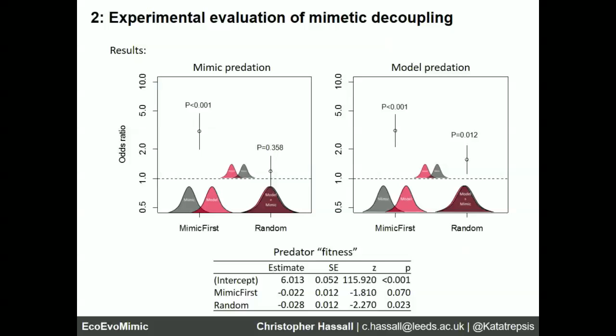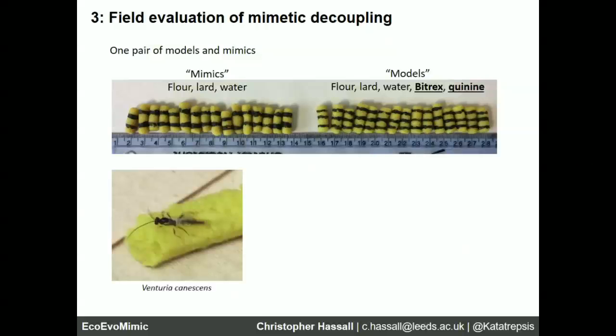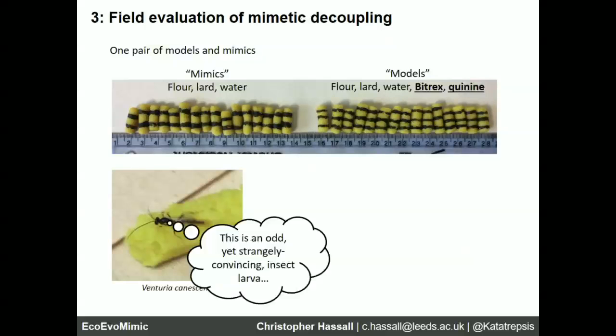So the next question then is, what does this mean in the field? So we went out and we did a series of pastry prey experiments. These are wonderful fun and extremely time-consuming. And if you doubt my handiwork in creating some of these animals, Steve Sait's Venturia canescens tried to oviposit in these multiple times. So I reckon that they're doing pretty well at trying to be little insects.